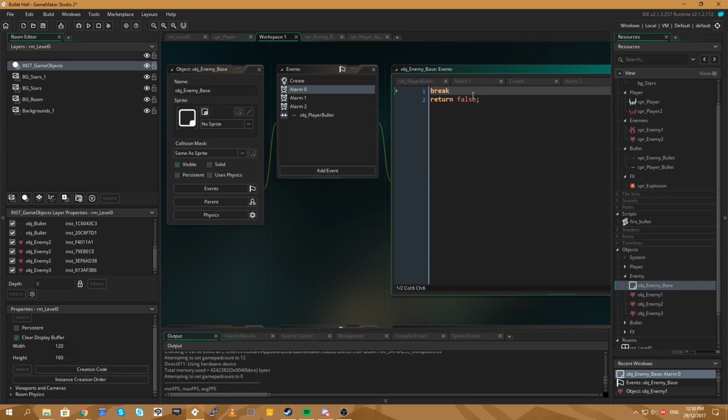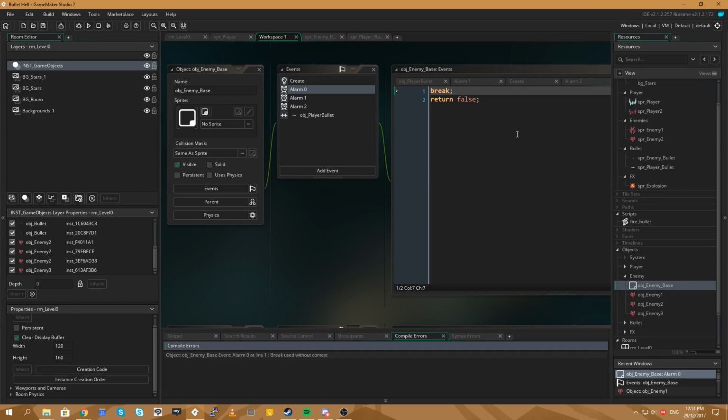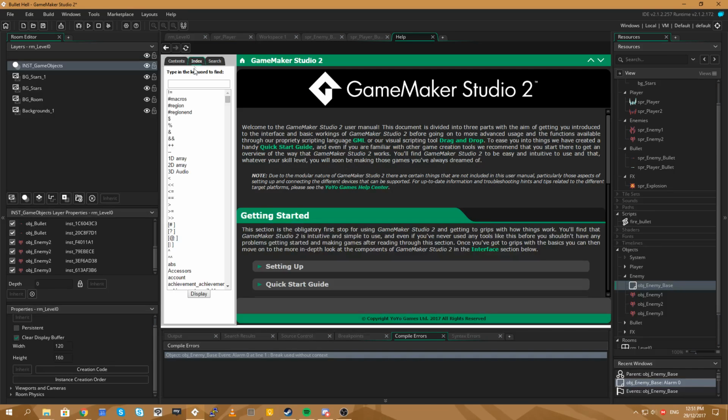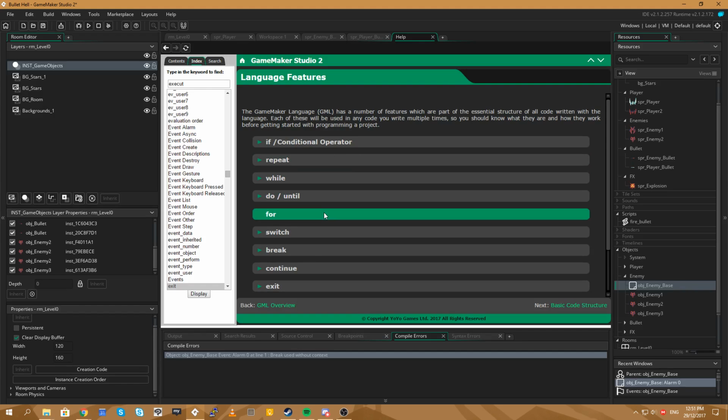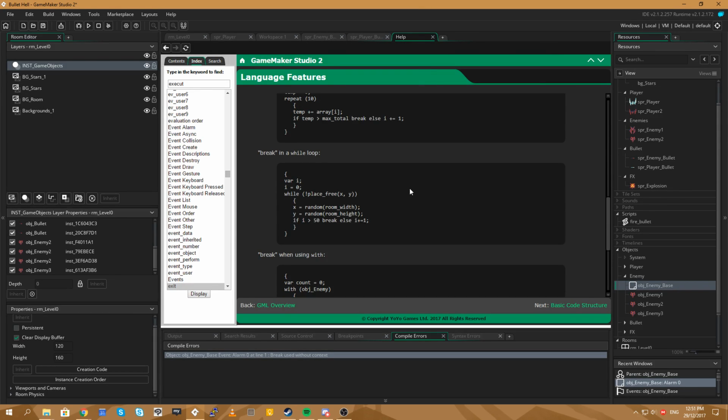What about break? Break is usually for other stuff, but yeah, you can't use break without using a case statement. I wonder if there's a way to cancel execution. Exit. What does exit do? I thought it would have been break, to be honest. Break is for for loops, though.